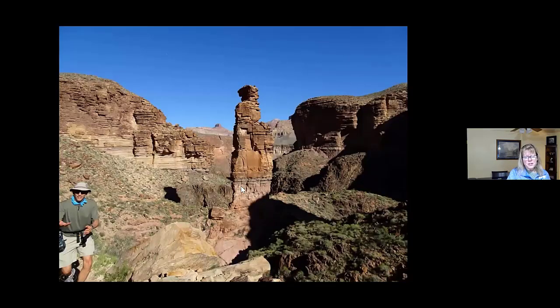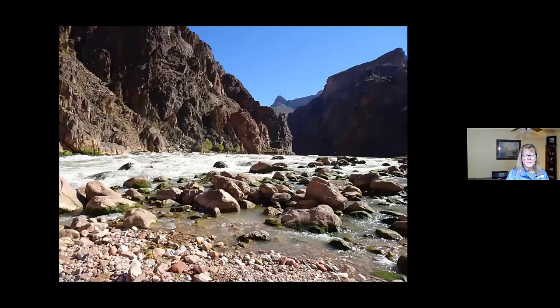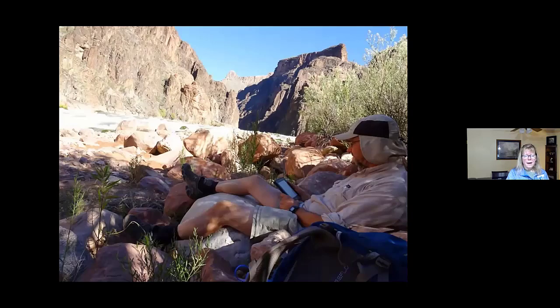And we had met some geologists, and we spent part of our day with them, down to Granite Park or Granite Rapids. We just had to go down a trail, and then this is just the wash that gets you down there. And this is Granite Rapids. We were hoping to see some rafters come through. And we stayed in the shade and watched and just enjoyed reading. We never saw any rafters. So we headed back up to our campsite, 1.6 miles, about 700